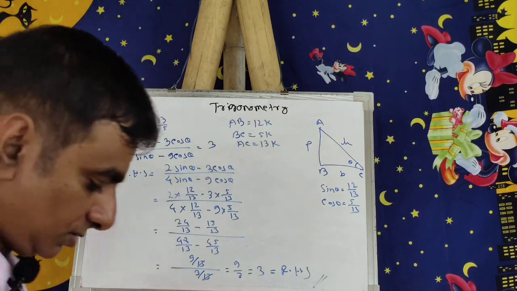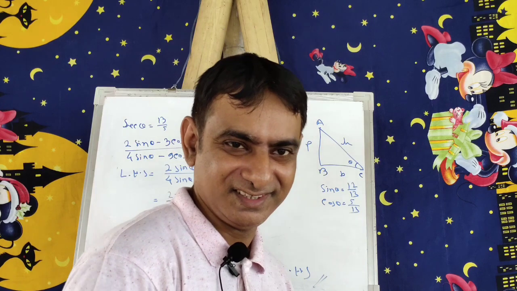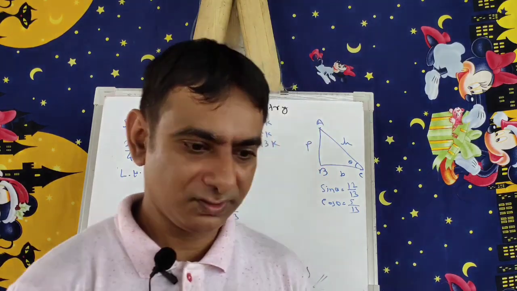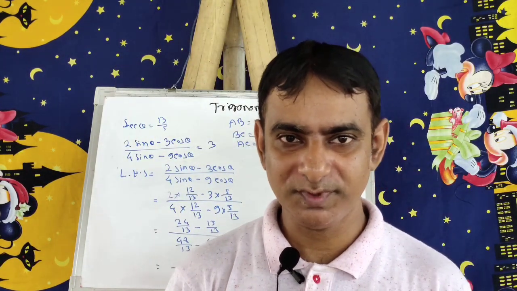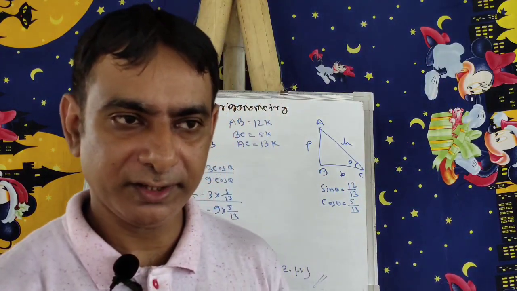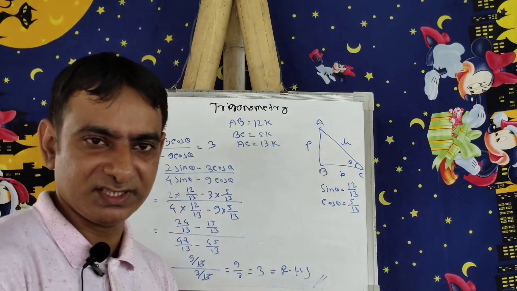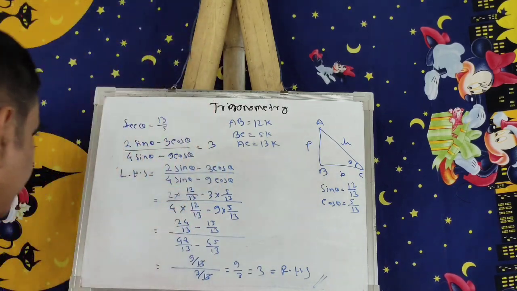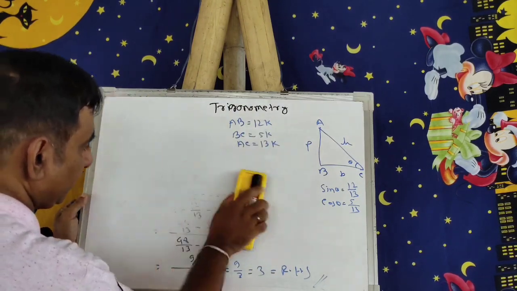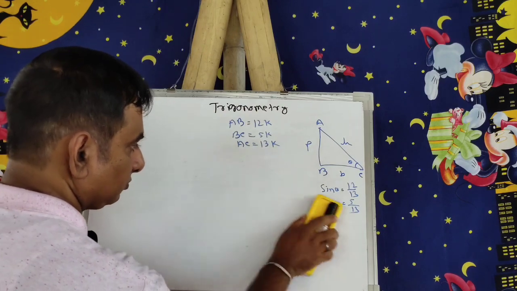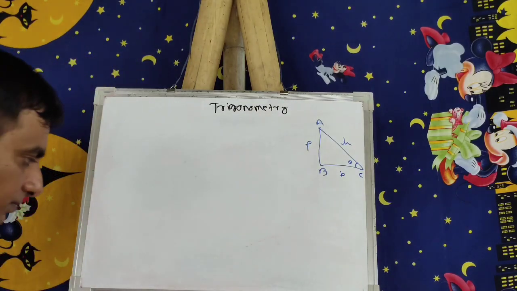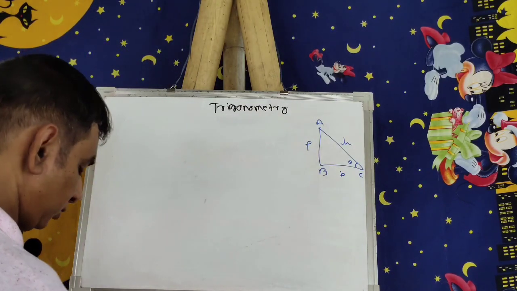Understood, guys? It's easy or difficult? Not a big deal, no? Yeah. So, what simple thing, basically you need to find out the trigonometric ratio, whatever the trigonometric ratio is required, find out the value of that, and then you substitute the value in this according to your question. Just as simple as that. Okay. So, I will give you one more example so that you can clarify this. Okay. So, let us take one more example.